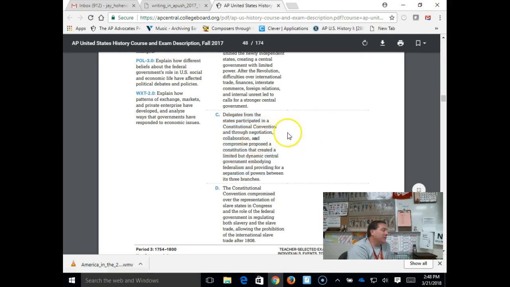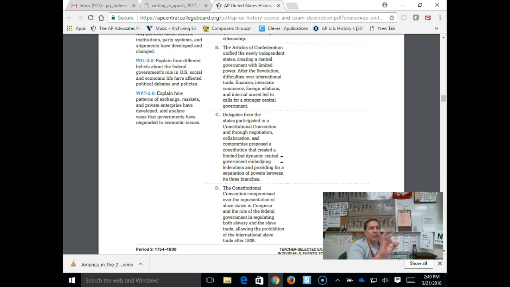As we look at the Constitution, this is asking you to understand the basics of the Constitution. So we've got three branches: executive, which is enforcing the laws; legislative, making laws; and judicial, which is going to get into the interpretation of our laws. We have separation of powers, where each branch has its own roles, and we have checks and balances, where they check up on each other.